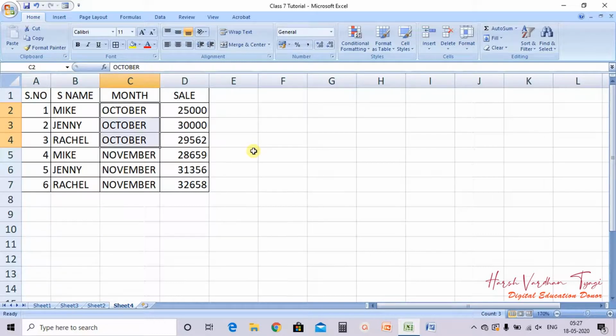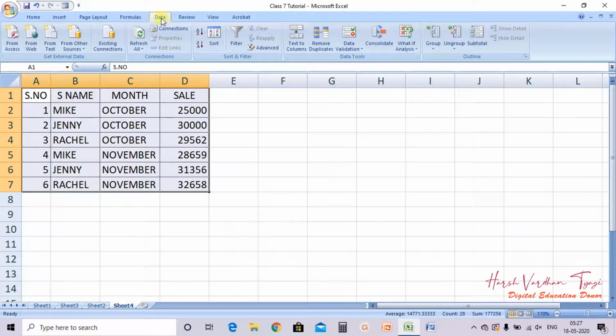Now see, what we will do, we will select the database, go to the data tab, and there you will find the option subtotal. In the outline group you will find the option subtotal.